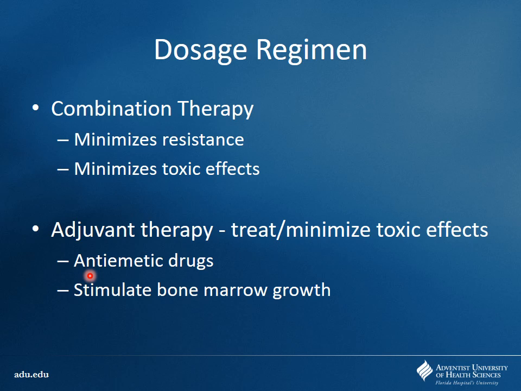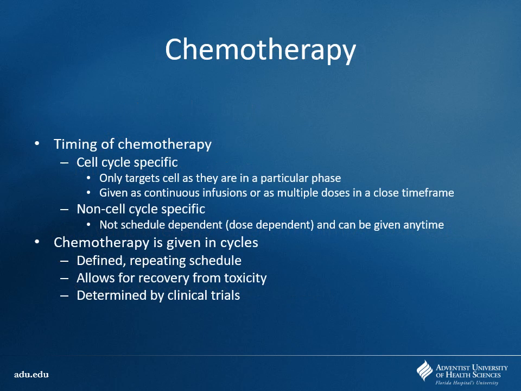We already covered these in GI already, so we'll mention these briefly here. And then also things like stimulating bone marrow growth, right? Because again, we want to help recover those cell counts as best we can after we knock them down pretty significantly. So the timing of chemotherapy, sometimes we will give drugs that are cell cycle specific, and